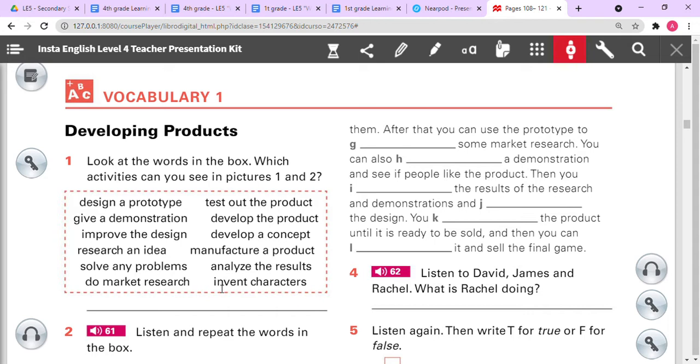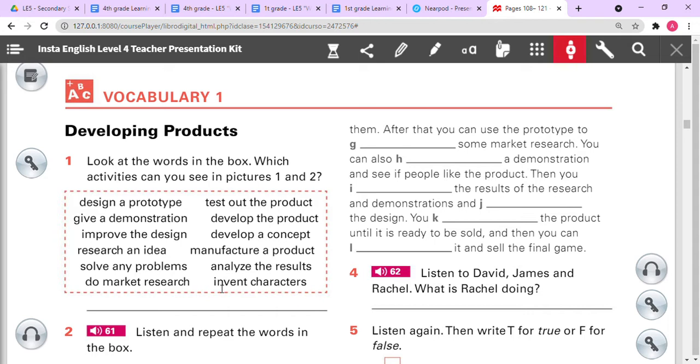Develop a concept, desarrollar un concepto. Research an idea, research, buscar, investigar. Manufacture a product, create a product for people. Solve any problems, resolver problemas. Analyze the results,